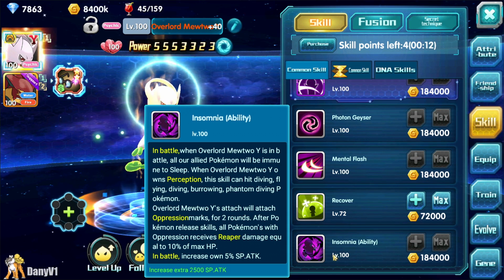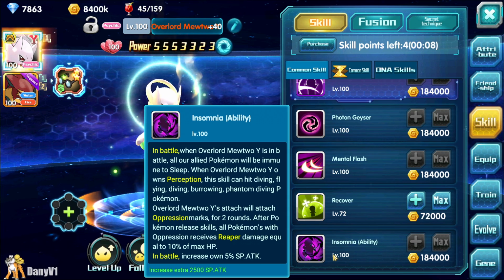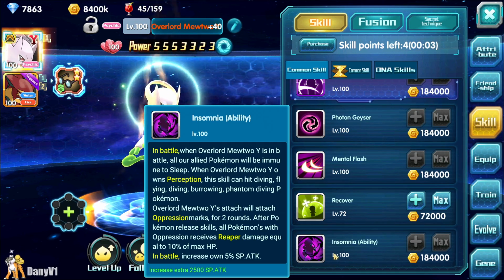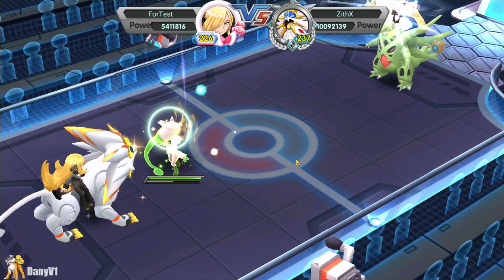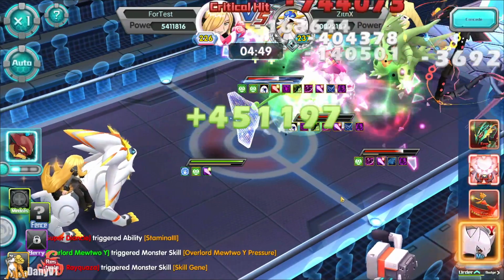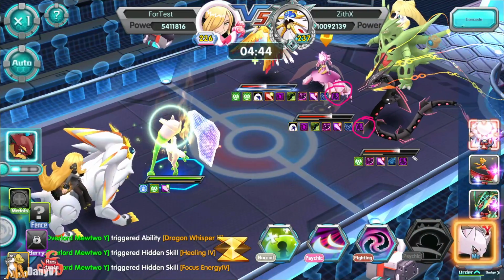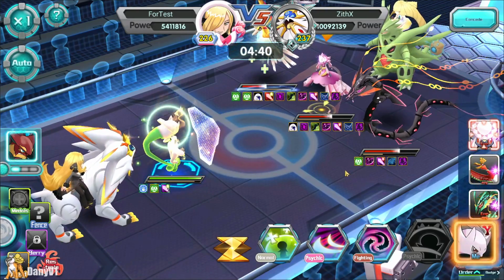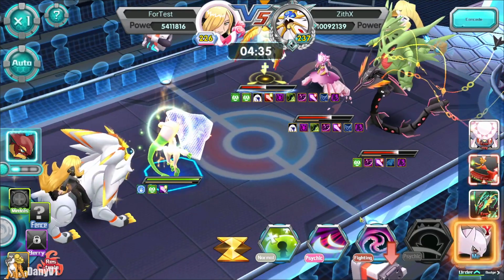the enemy releases skills, all the Pokemon with these oppression marks will receive Reaper damage equal to 10%. Let's just take a look on how that works in battle. So basically, how this Mewtwo passive works is when Mewtwo attacks the enemy gets marked. So that's the mark of the Mewtwo's oppression passive. And the thing is, when the enemy is marked, any Pokemon that moves in the battle will take 10%